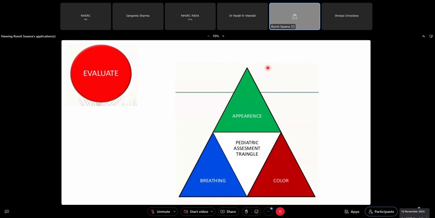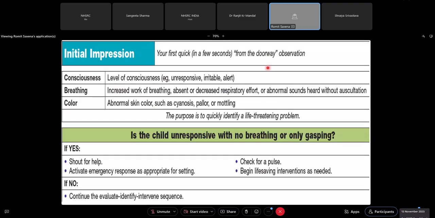and you'll be at the same level at examination and identifying them. So the first thing when a patient comes to you, you evaluate by the pediatric assessment triangle. Irrespective of what the cause is, it might be a patient of chickenpox, it might be a patient of COVID, the first thing you see is your ABC. You see if the patient is conscious, breathing, and has good color. This is to identify if the patient has a life-threatening problem. If the patient has it, come to the front of the queue and the patient needs to be intervened.